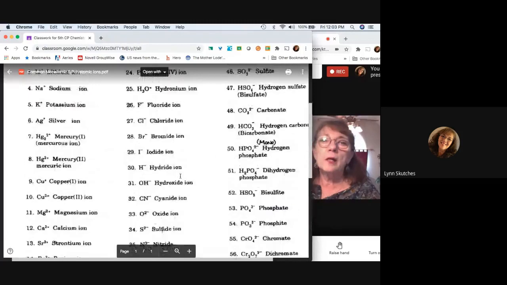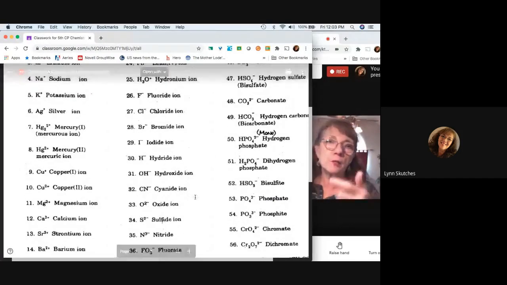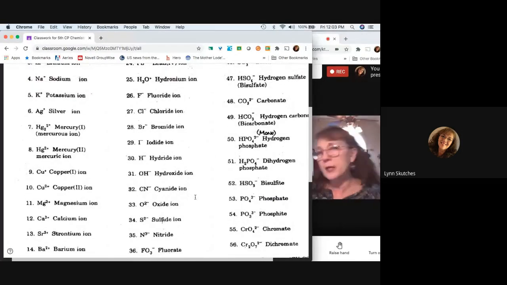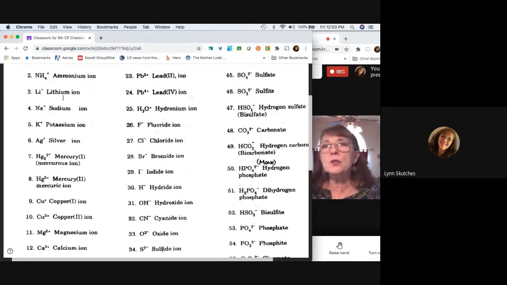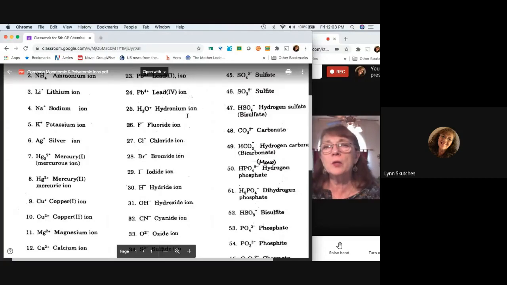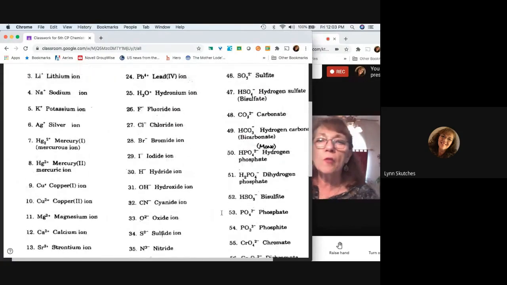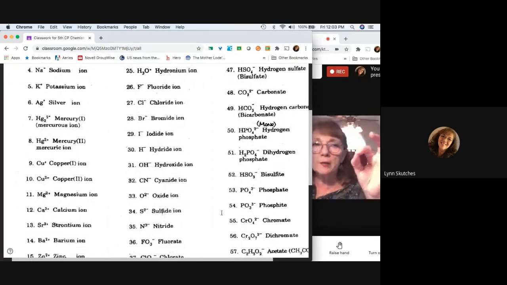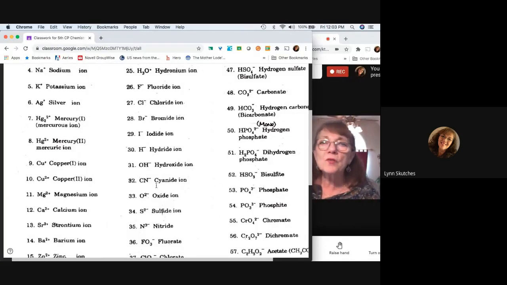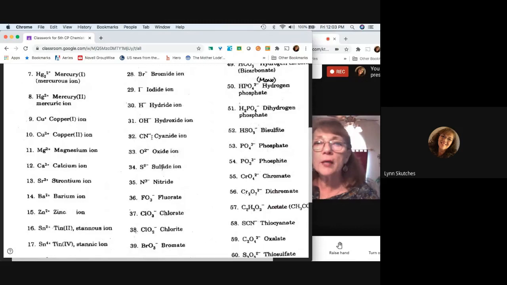Okay. Now, another thing I want you to notice about these, because we're going to talk about these polyatomic ions today, is that almost all of them, there's just two that are positive, ammonium and hydronium. All the rest are anions. They all have extra electrons. And also, if you look at the letters, all the capital letters,